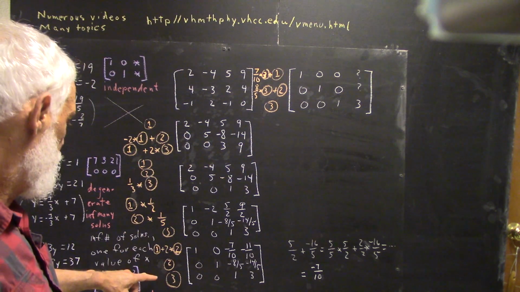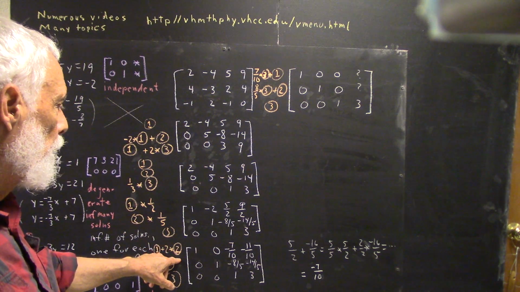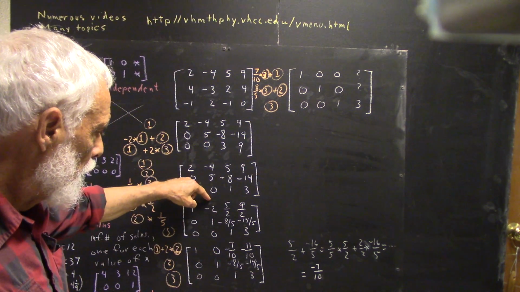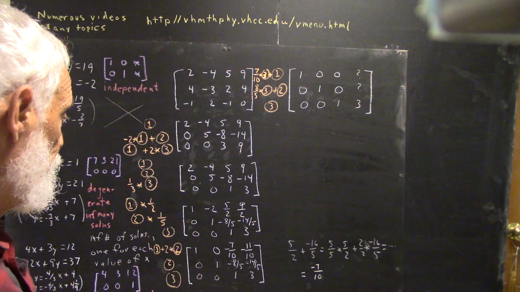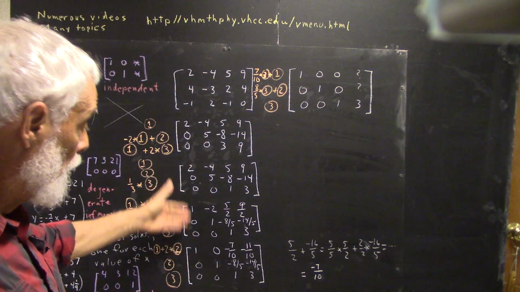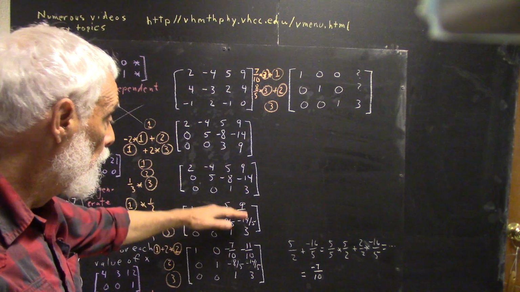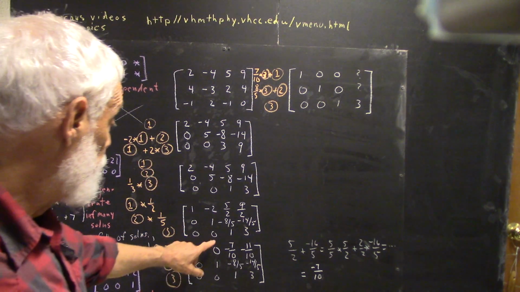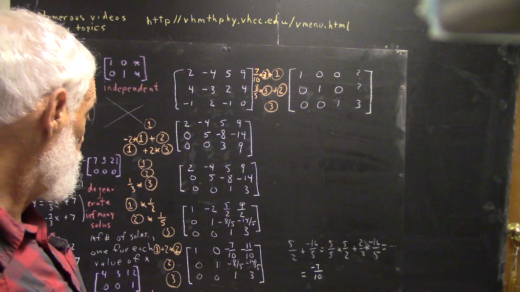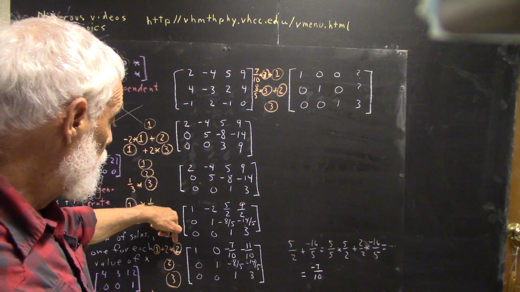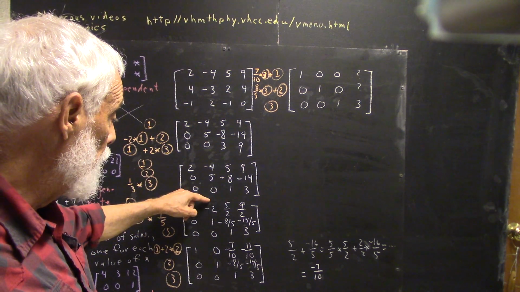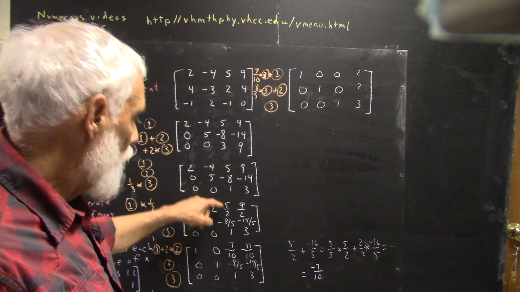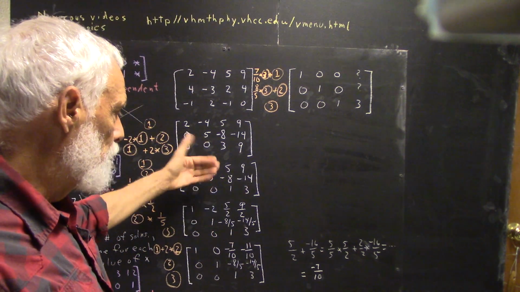And if we had anything but 0 here, we could use this 1 to get rid of it. How? We take the first row and add double the second row, because if we add double the second row, we're going to have a 2 here, and that'll add to the -2 to give us the 0 that we're going to get. And of course, double the 0 leaves our 1. Having all these zeros down here means that anything we do as far as adding multiples of the lower rows is not going to affect this 1. And again, if we had something besides 0 here, we could do something similar. But we do 1 added to 2 times the second row. 2 times 1 is 2, added to -2 gives us 0. 2 times -8/5 is -16/5. Added to 5/2, 5/2 being 25/10, gives us